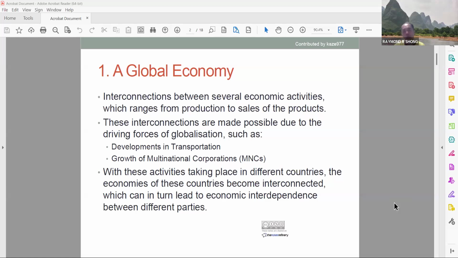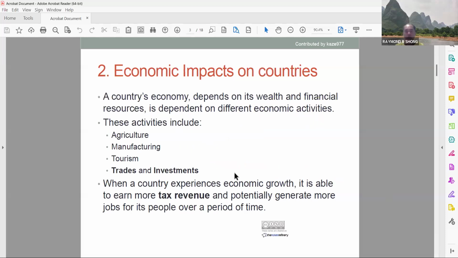Well, when we have this global economy, the first few important things you need to write down are, okay, ready: bilateral, which is between two countries. And then we have regional relationship. Write down ASEAN. Then the third is global, which is the World Trade Organization. Okay? If you all know, then it's fine. I'm going to move on to the next paragraph. Economic impacts, right? This one. Which one is the most important in Singapore? Tourism.